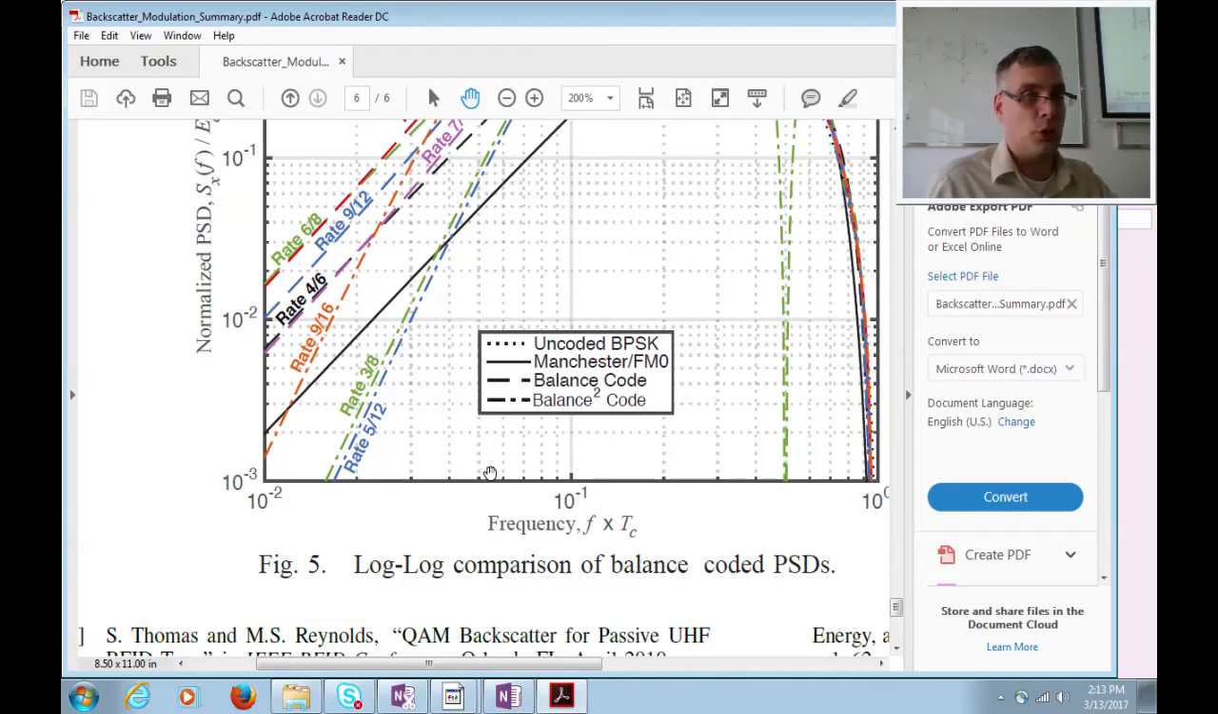So anyone have any questions about that so far? Comments? Yeah. Question: about the balance, why does it need to be hard-coded into a balanced code? Why does it need equal numbers of zeros and ones? So why does it have to have equal zeros and ones? Because if you have the same number of zeros and ones in your output code words, then